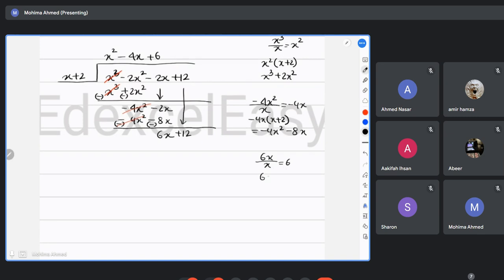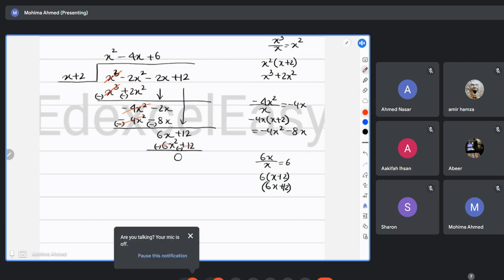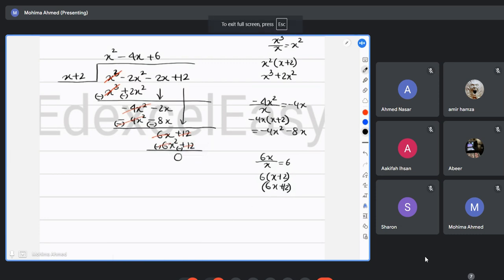Then again what? You are going to get 6x plus 2, which is going to be 6x plus 2. So we're going to write 6x plus 2, 12 is 12. If you're going to subtract, as we have similar numbers, subtracting them will give you 0. And the remainder was entirely 0. But for the cases when the remainder is entirely 0, previously the remainder was not 0. And in cases when the remainder is not 0, for those times I will use the mixed fraction, right? And for situations when the remainder is 0, this is how the format should be.